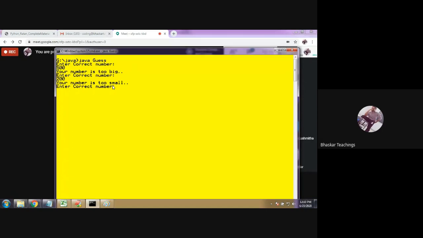You take a variable with some correct number, and you give any number as you wish. Now when the user enters any number bigger than that number, it should display like this, your number is too big. If the user enters any number less than that, it should display like this, your number is too small.